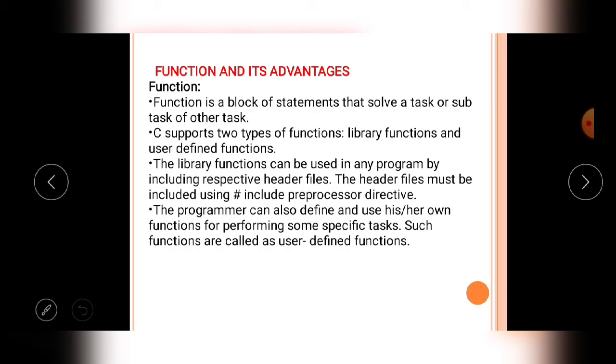Program name is arithmetical operations. For this arithmetical operations, I am constructing the sum function for addition, sub function for subtraction, mul function for multiplication, div function for division purpose.